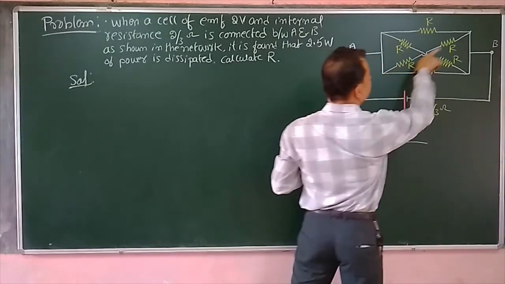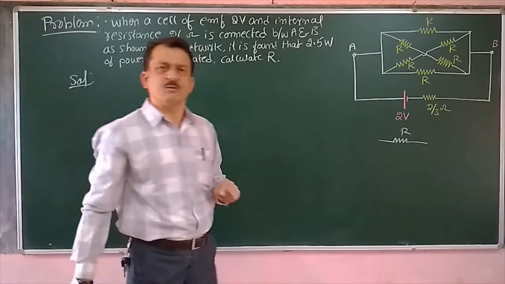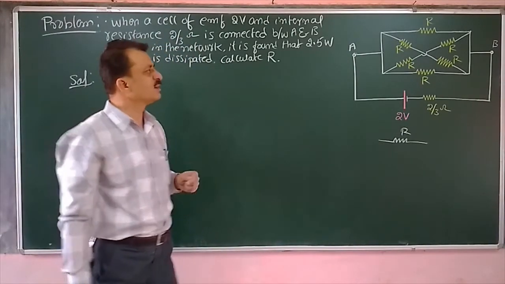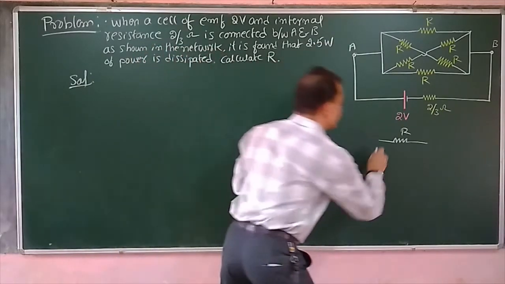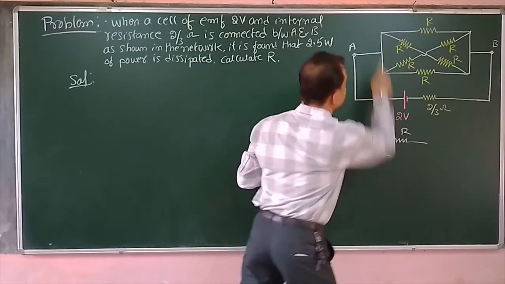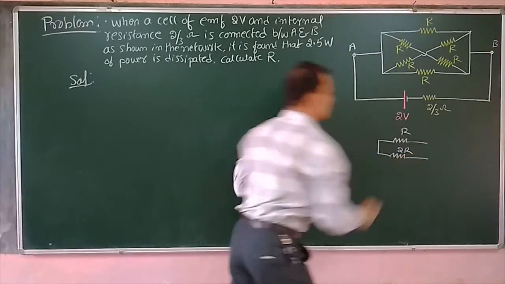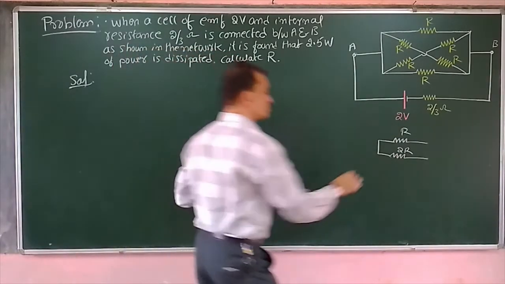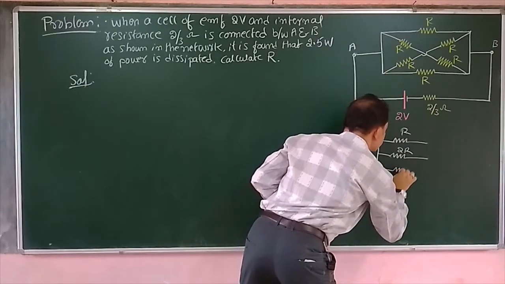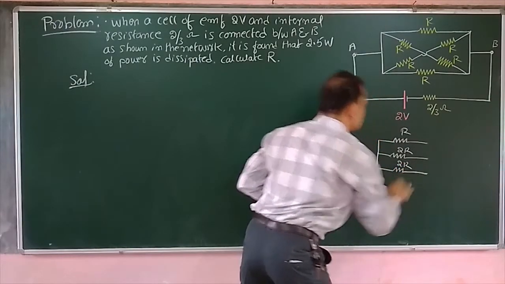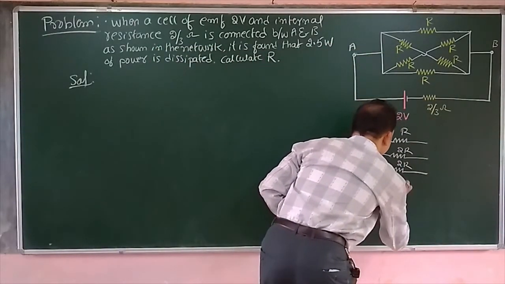And here the other diagonal. Here one R and this R. These two are in series. Their equivalent becomes 2R. Clear? And we have the fourth resistor. Now I will rewrite the diagram like this. Now here along this diagonal I am having a resistor. It is 2R. It is a resistor of 2R. Now along the second diagonal we are having two resistors which are in series. Their equivalent becomes 2R. And in this branch we are having only one resistor.